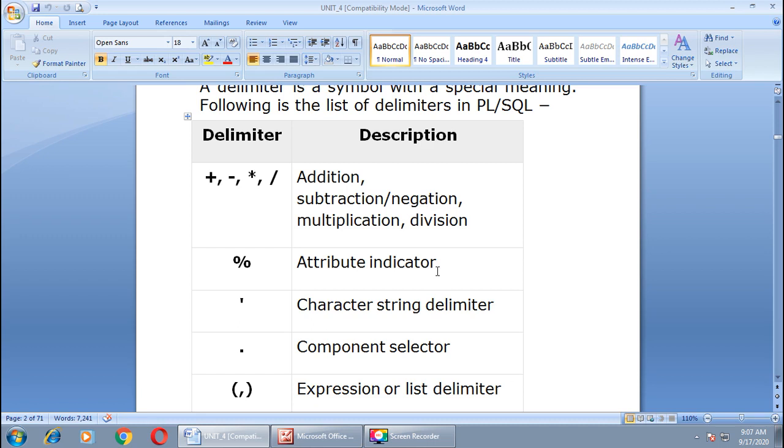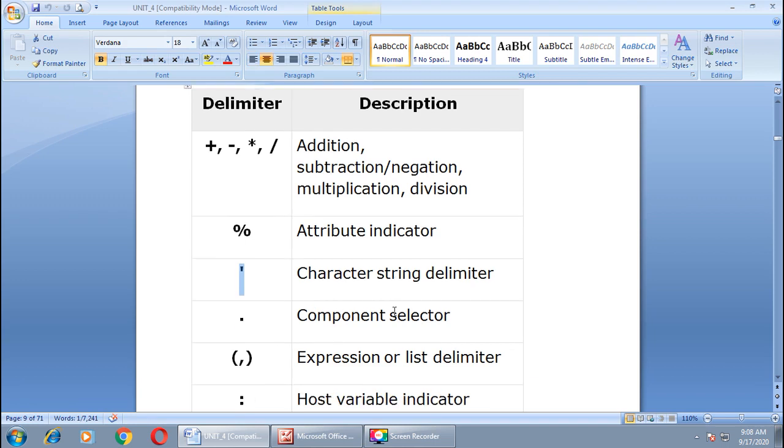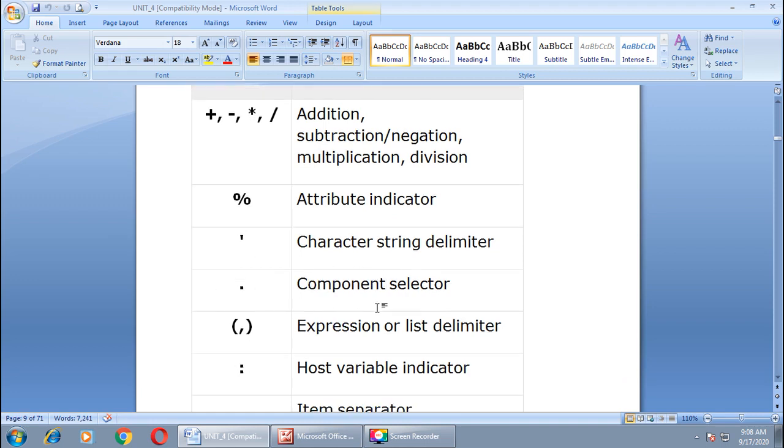Then the character string delimiter, as we enclose our string or varchar in this symbol, right? Then the component selector, dot is a component selector. Then the expression or list delimiter: if you want to separate two parameters from each other, you can use the comma symbol.